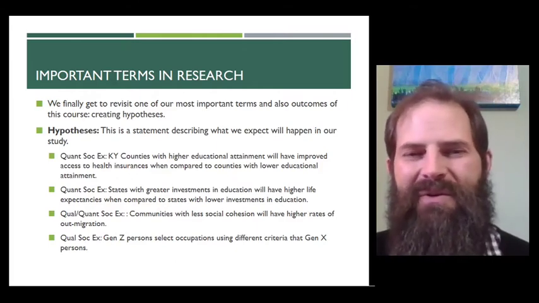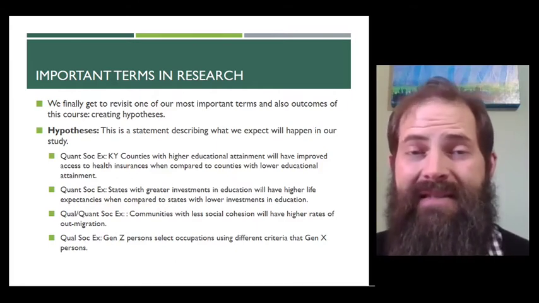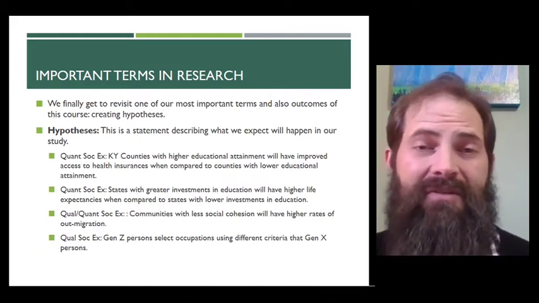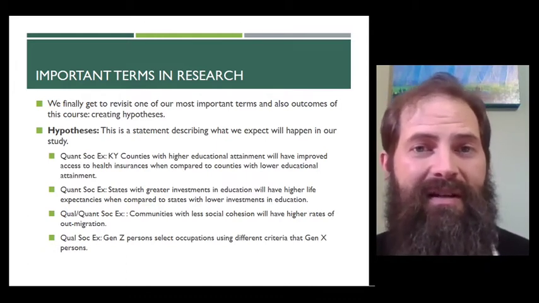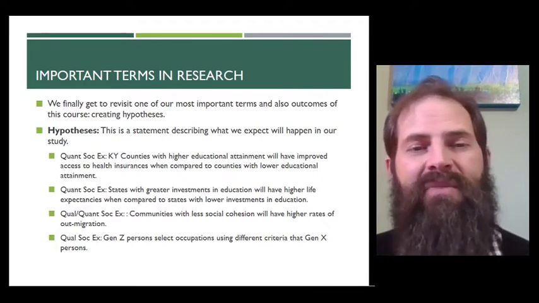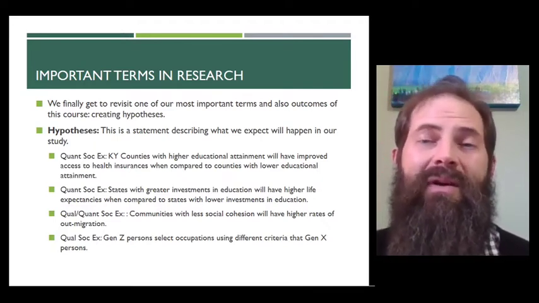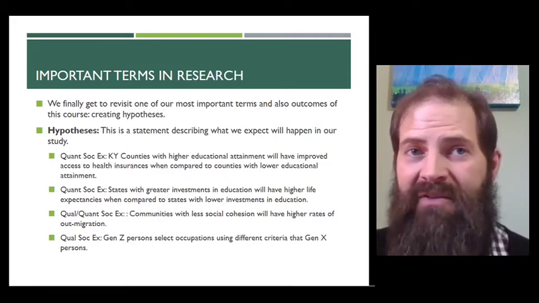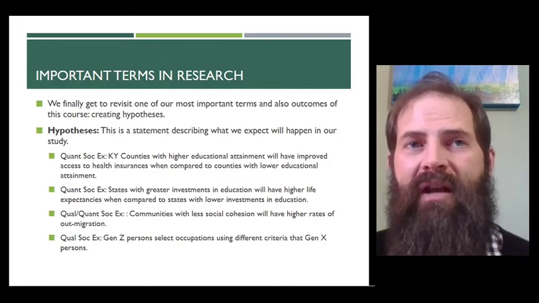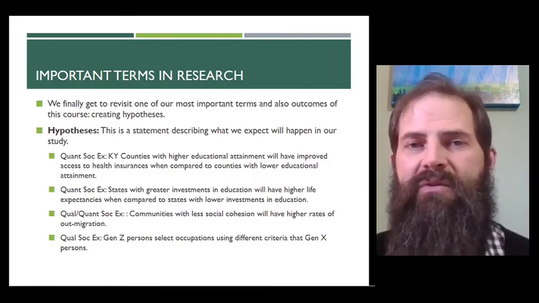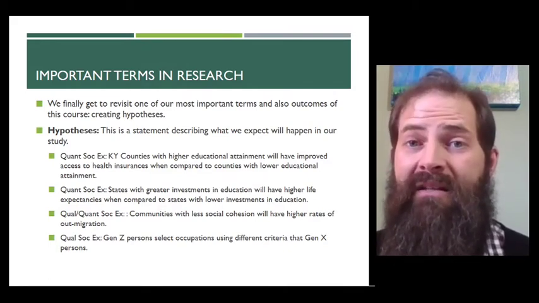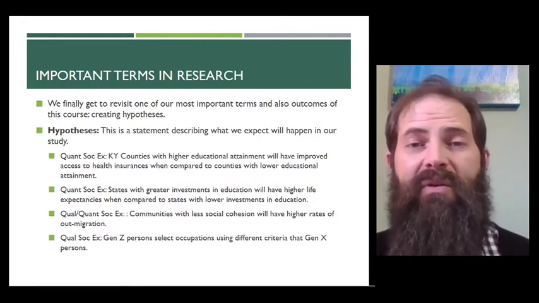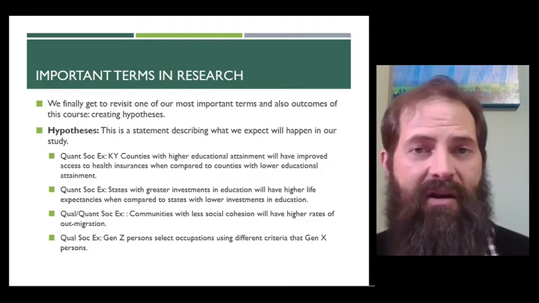Now, what I want to do is talk about hypotheses, something that we briefly defined early in our lecture series several lectures ago. And then I told you that we're going to come back to it, and now we're coming back to it. I want to go through the process of looking at what isn't a hypothesis, and then I want to look at fixing those examples, and also look at what good hypotheses are trying to do. We're also going to introduce a couple of other basic ideas to round out our lecture on hypotheses.